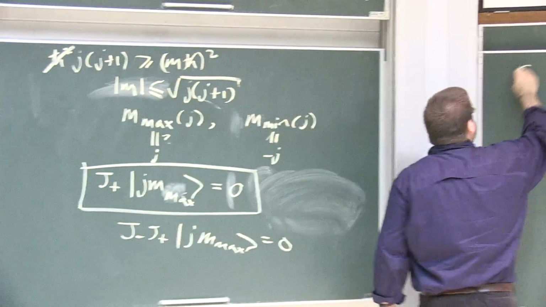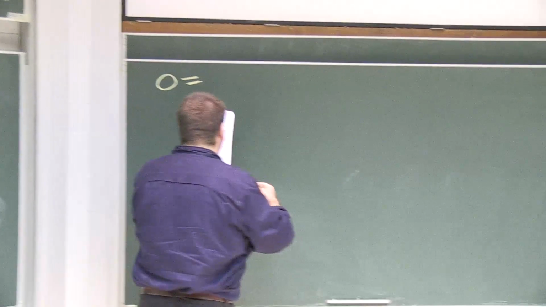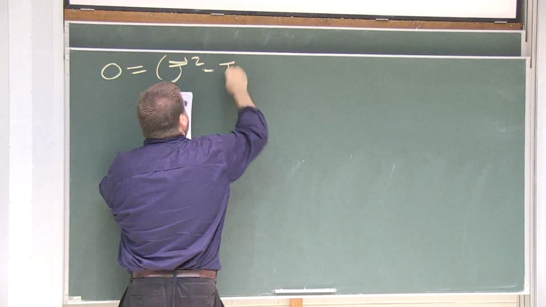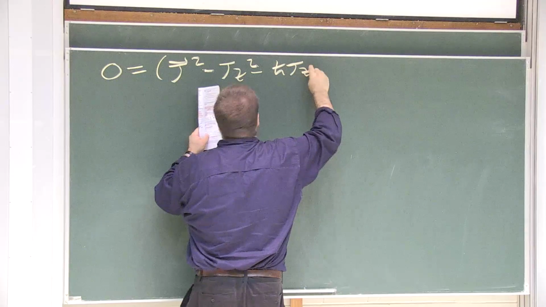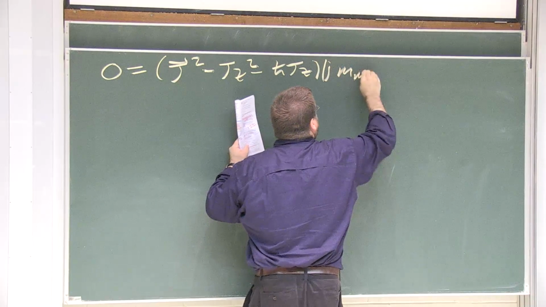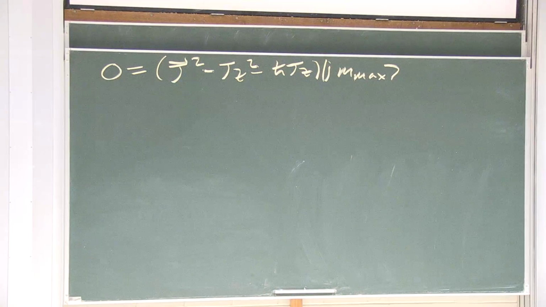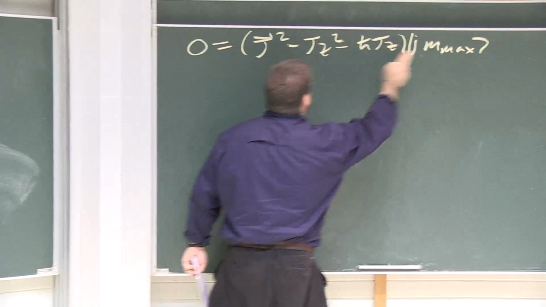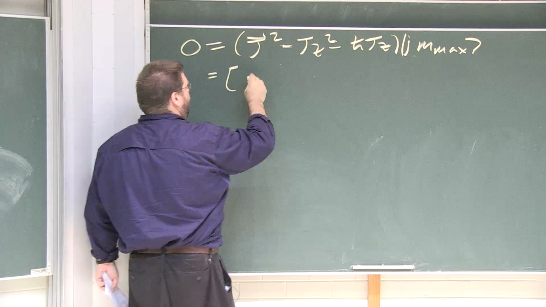So 0 equals J minus J plus. And if we use 220b, we could rewrite that as J squared minus JZ squared, etc. So this all equals naught. Now this is a useful expression to have because this is an eigenfunction of both J squared and JZ. So the J squared is going to become